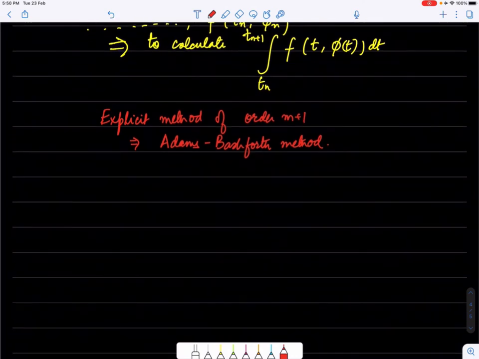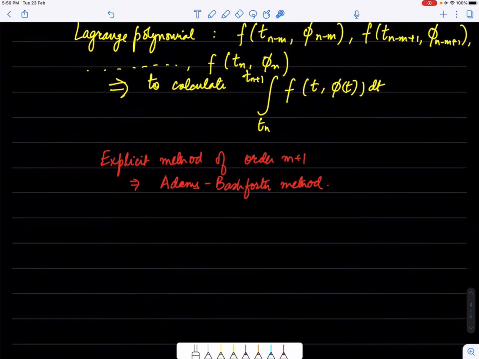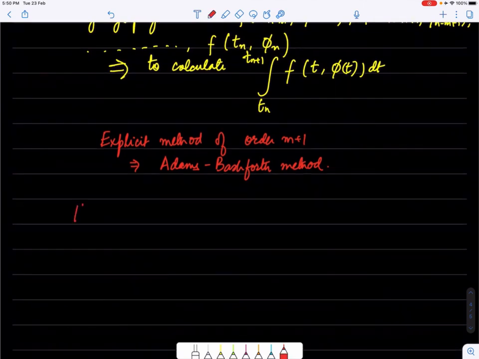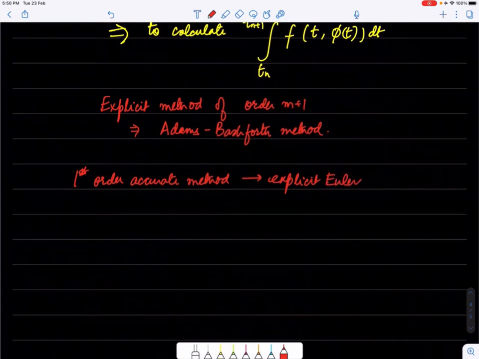So it's easy to see that the first order method will be explicit Euler. First order method would mean that we take 0 points, that means we only evaluate the integral based on this data point, because m will be 0. Let me write this down first. The first order accurate method would just be the explicit Euler. A second order accurate method,